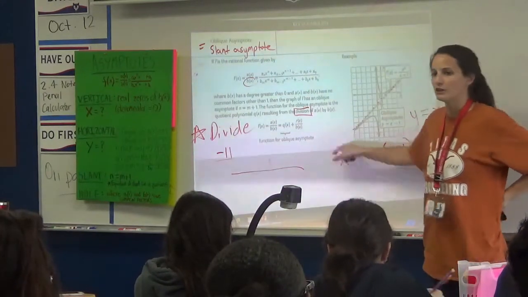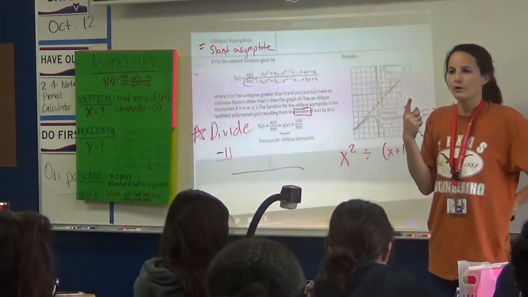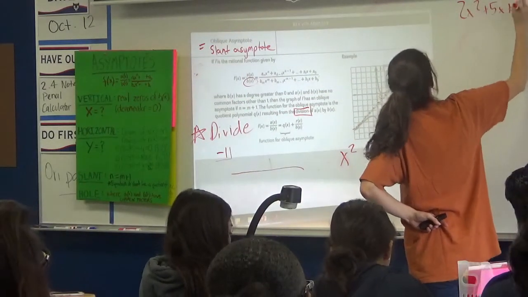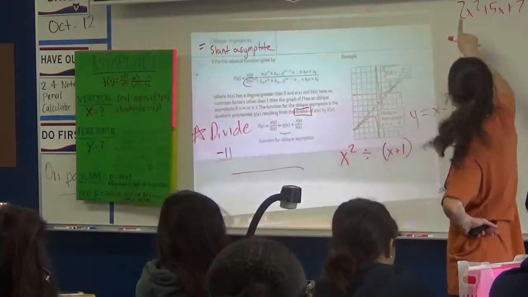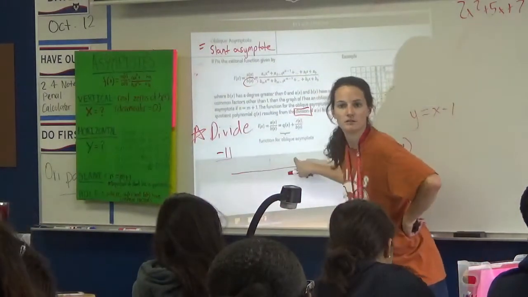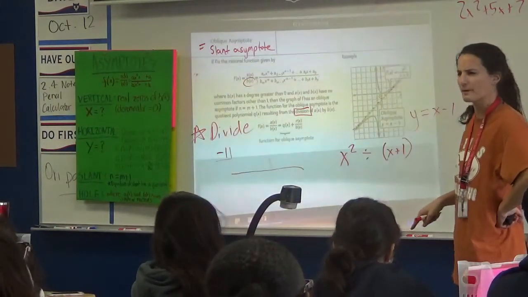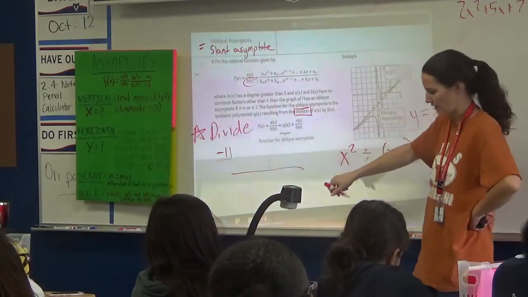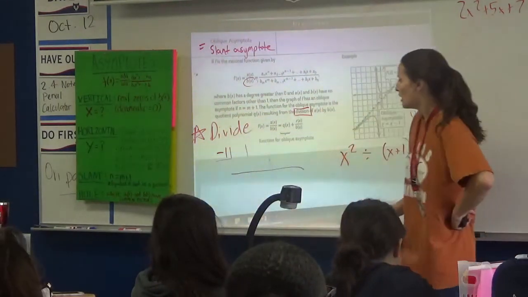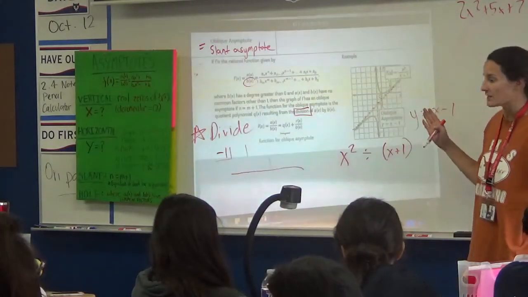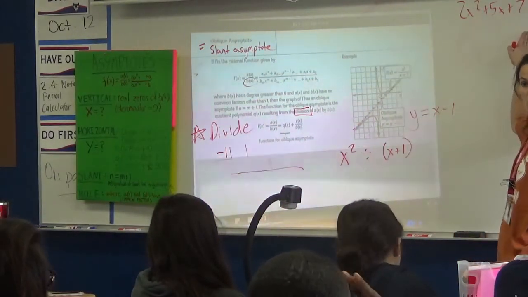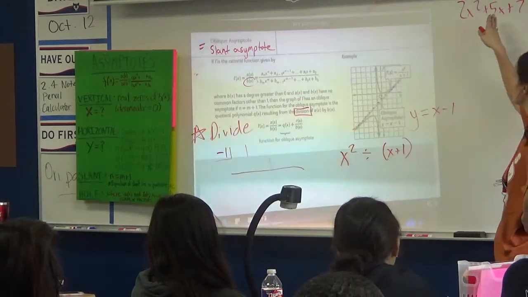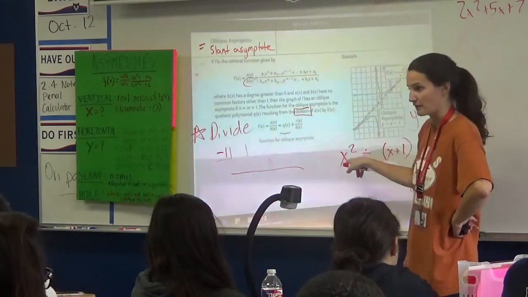If this is our polynomial, it looks kind of weird. We're used to seeing things that look like this, right? Maybe something like that, and you would write 2, 5, 7, right? Okay, so let's talk about what happens if I only have the x squared. What's in front of the x squared? 1. But I can't just write that because I still need to write all 3 terms. I should have 3 terms if this is squared. So what do I have to put? I have 0 x's, like there's none of them, right?